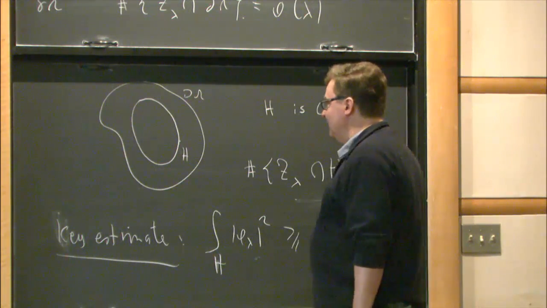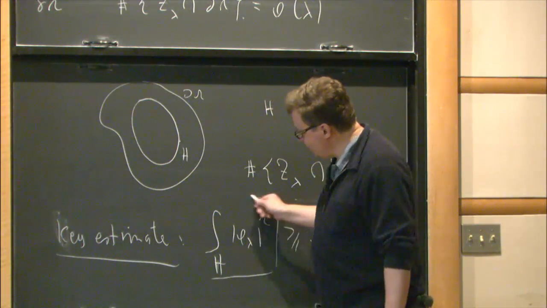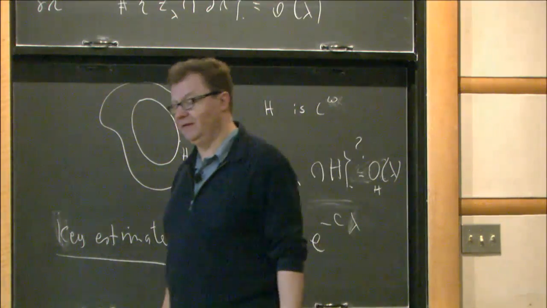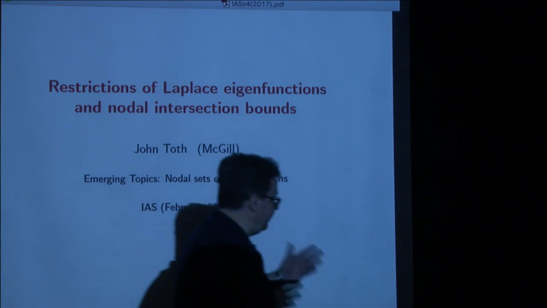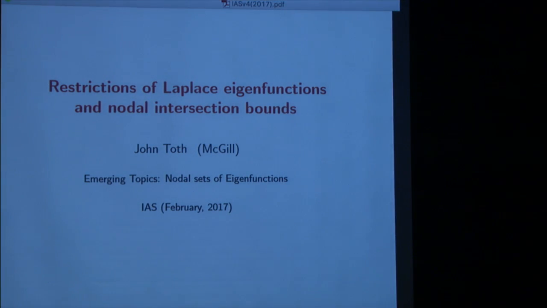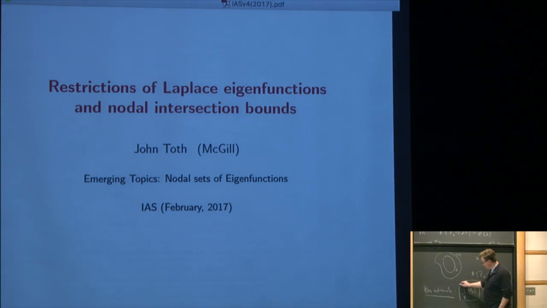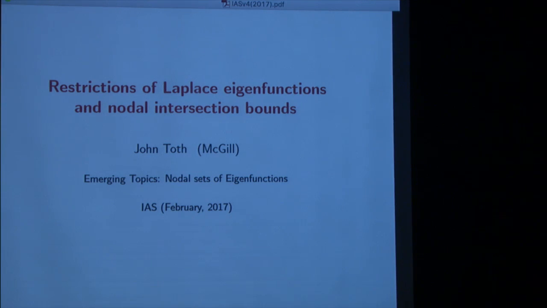So this is where, for me, restriction bounds first sort of entered into the picture, right? This is for upper bounds of nodal counting. They also appear for lower bounds, but that's sort of a different talk. I think Zelditch will probably talk about that tomorrow. So I want to focus on upper bounds for these counts. These have lots of applications, but I want to talk mainly about restriction bounds, and then give some applications to nodals to this problem. One wants to characterize classes of H's for which you have estimates like this, right?